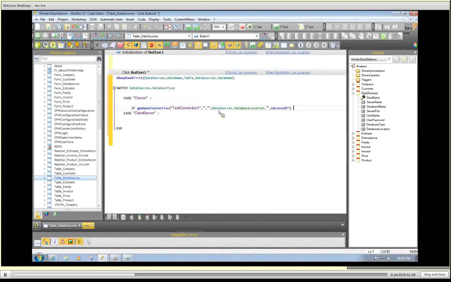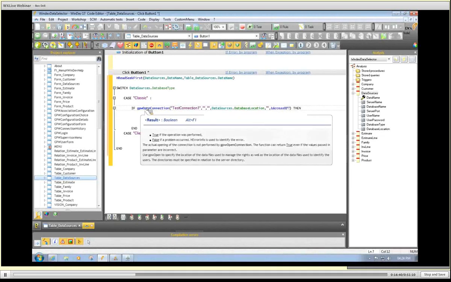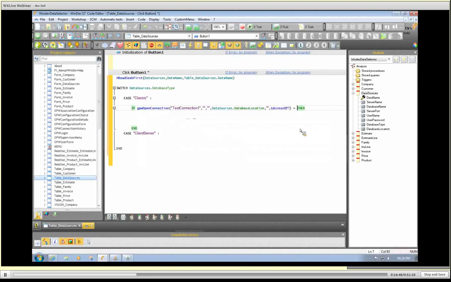So if that is how I open a connection. Now if we go and look at open connection, we return a true if the operation was performed or a false. So I will say here, if it is false, then I will do an error info, else,